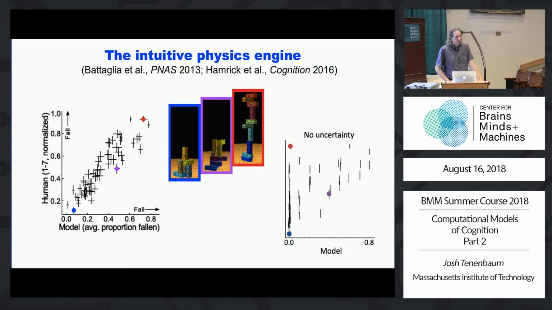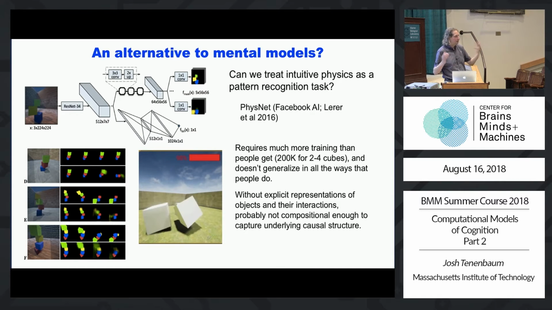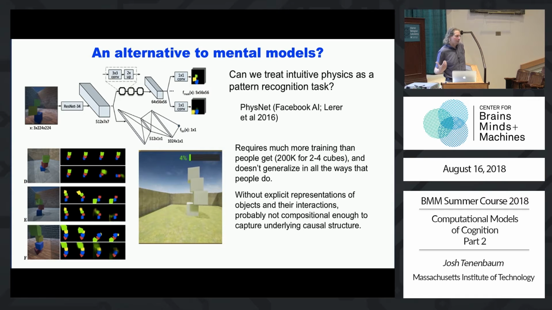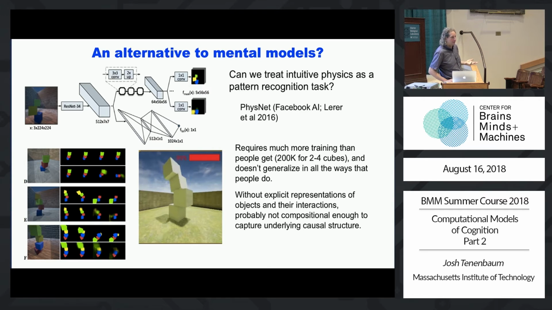Okay. Now, we could contrast this model. I'll show you a few other things we can do with this model, but I want to first of all contrast it with a different kind of approach, a more pure pattern recognition approach, right? Basically an end-to-end deep convolutional neural network, okay? Which you can certainly build and get it to solve this kind of problem. And it represents a reasonable alternative hypothesis, which some of you might have.